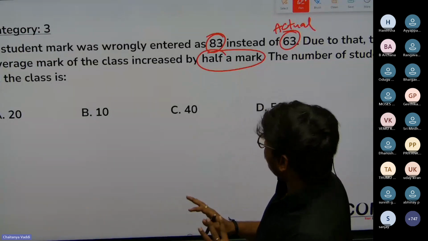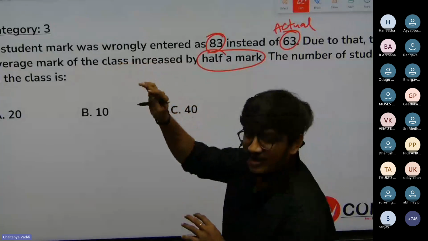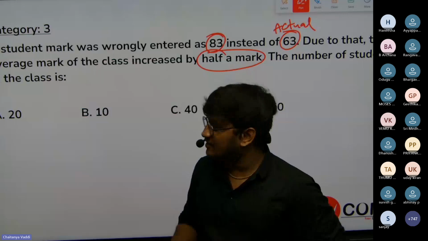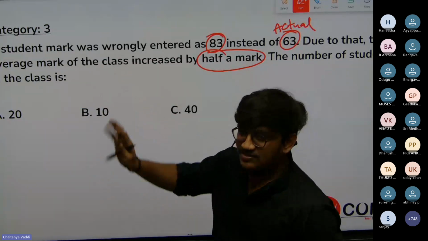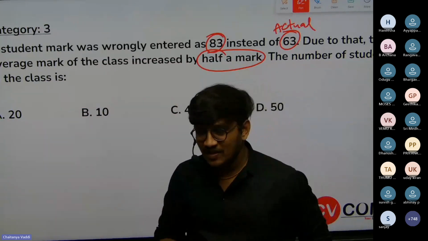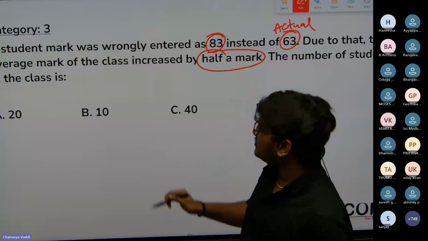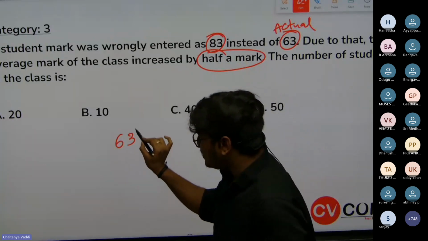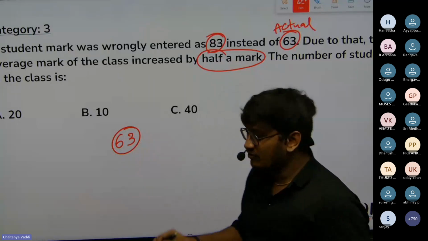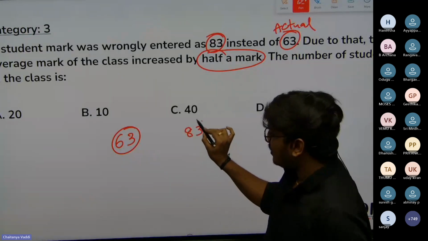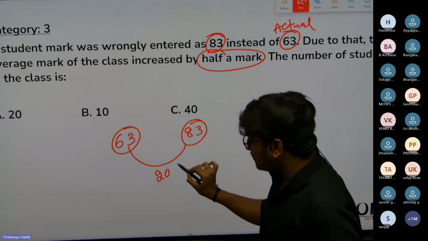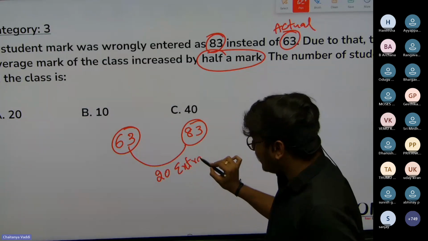Now, very simple. Just leave aside entering marks and all those things. Let's come into the terminology of the chocolate method. So let's say instead of entering marks, I'm distributing chocolates to the students. While distributing chocolates, for one particular student I need to give 63, but how many chocolates did I give? 83 chocolates. Means how many extra chocolates did I give? 20 chocolates extra. Okay, I gave 20 extra chocolates.